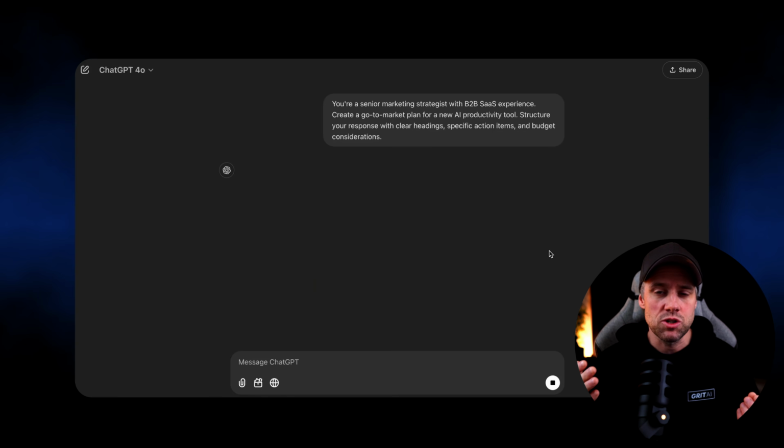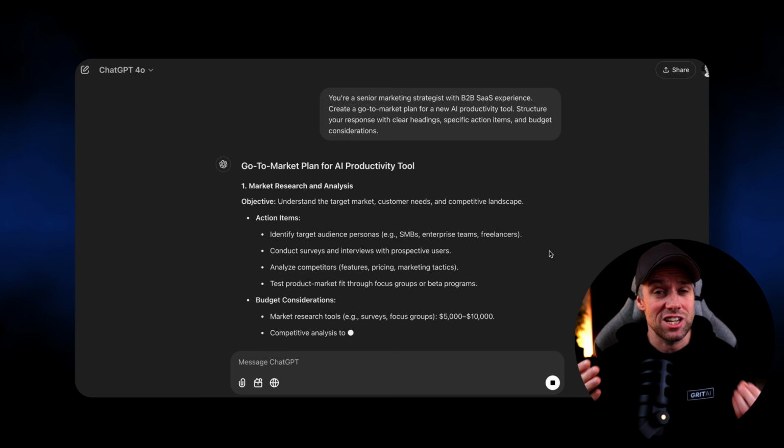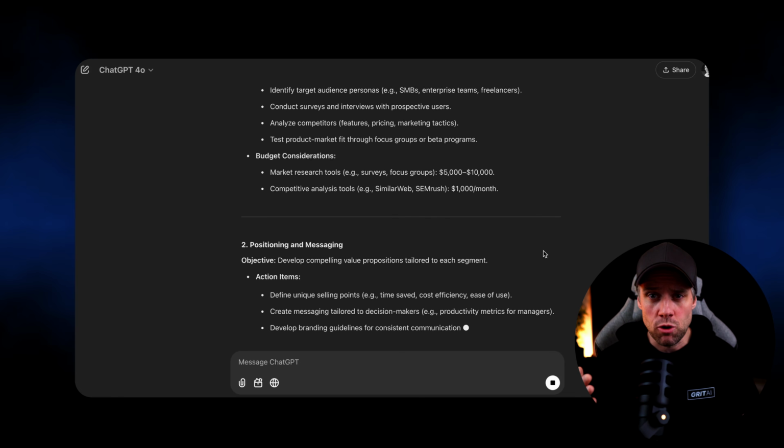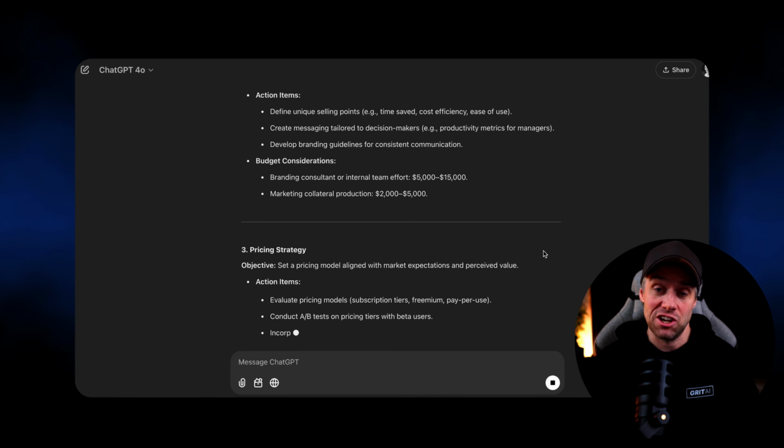Look at the difference in responses. The basic prompt gets generic advice. Our structured prompt gives us an actionable plan that we can actually use. Being specific about what you want or what good looks like is often called example-driven prompting. It's like giving the AI a blueprint for exactly what you want. This is probably the most powerful technique I've found to significantly improve results. So instead of just describing what you want, show AI exactly how you want it done.